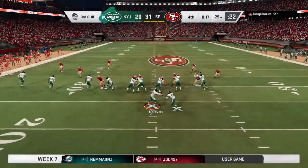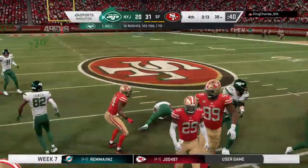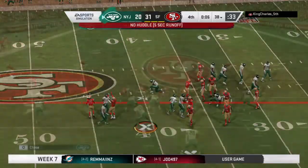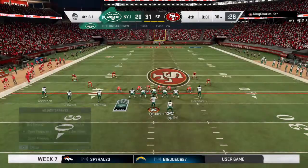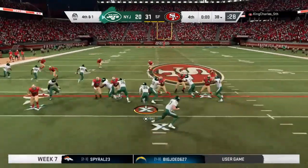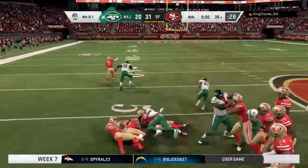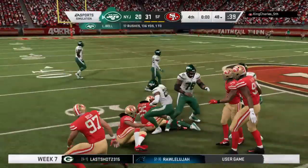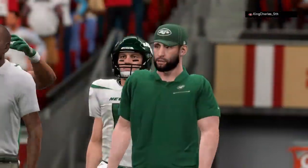So back-to-back incompletions, and that has him staring at a 3rd and 10. And they're going to mark him down short, maybe by about a yard, if that. 9 yards on the carry, but it's going to lead to a 4th down. They'll run it with Bell. And able to get this one across the 45 before he's brought down. Charles, we saw